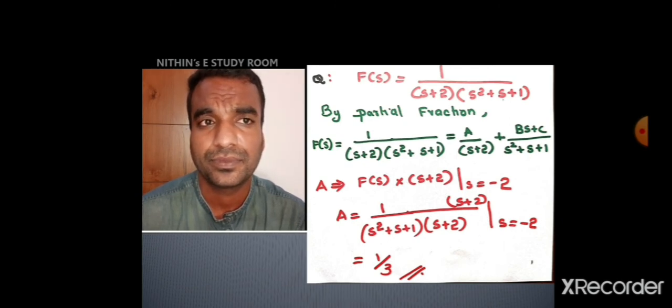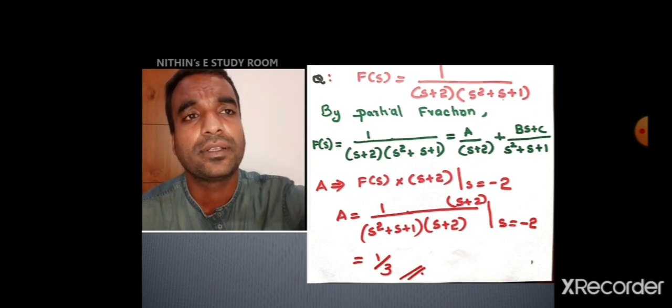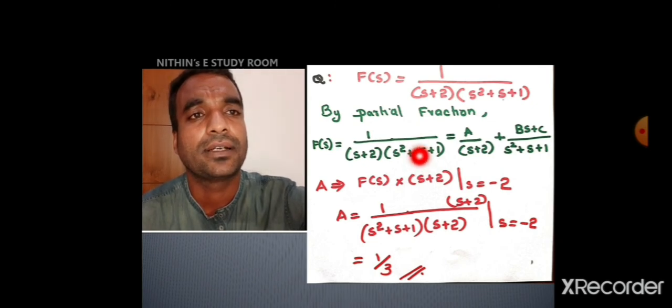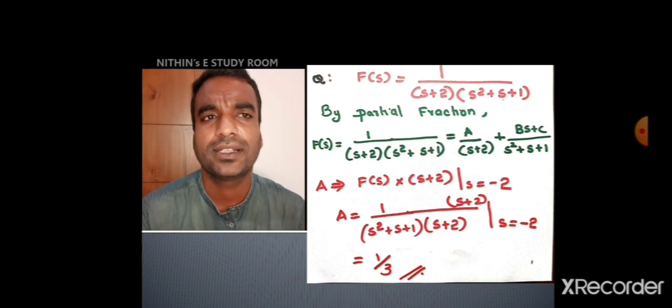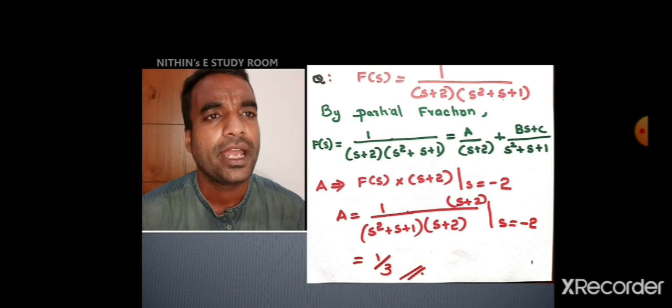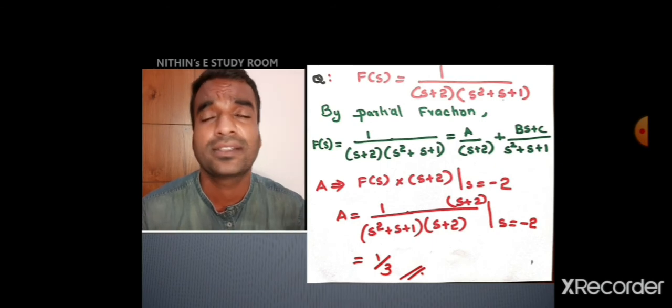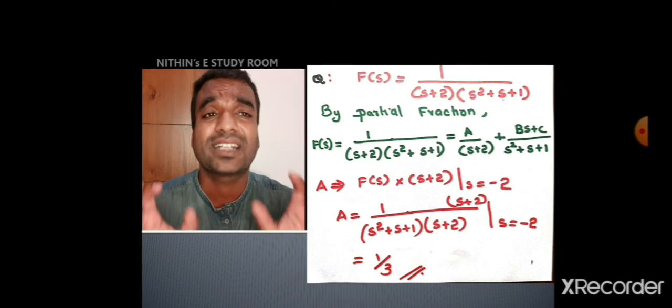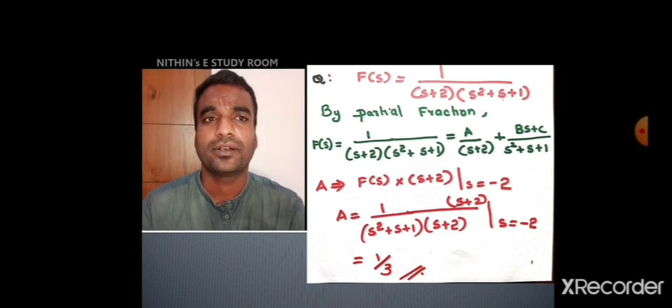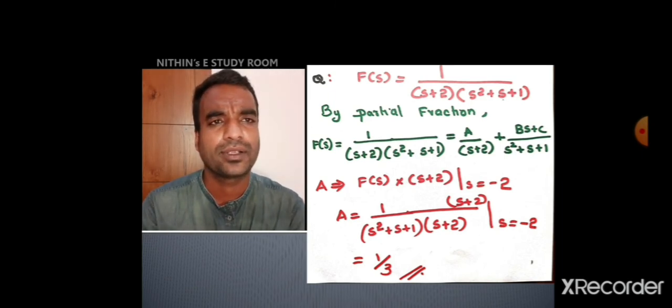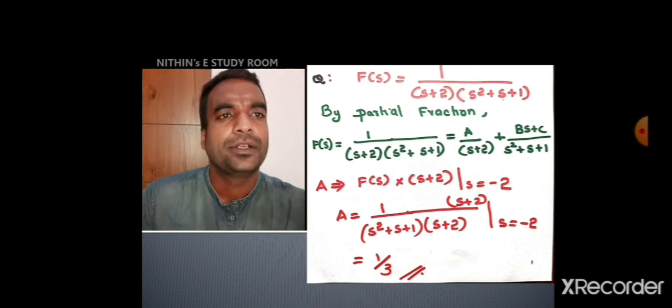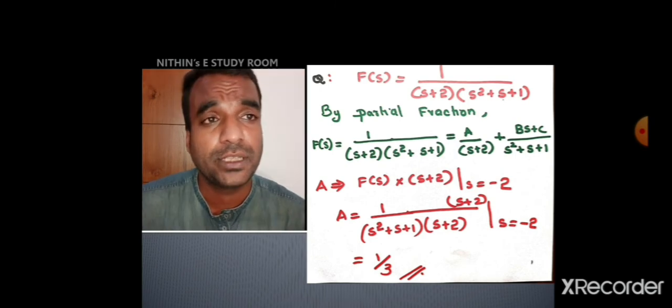Can you? No. If you have to do that, you have to find a and b such that a plus b is 1, and a into b should also be 1. So it is very clear you cannot directly factorize. So A by s plus 2 plus bs plus c by s square plus s plus 1. You can factorize, but the roots are imaginary. If you take a calculator and find the solution for s square plus s plus 1, you will get imaginary roots. Okay.